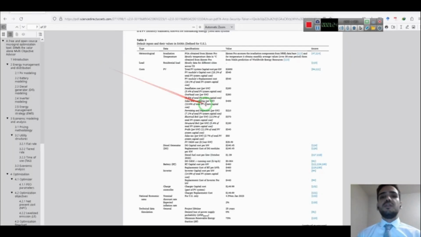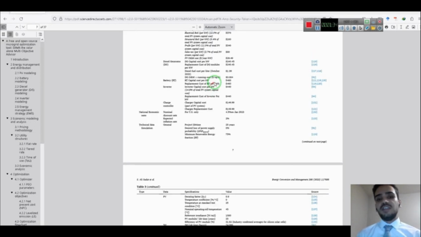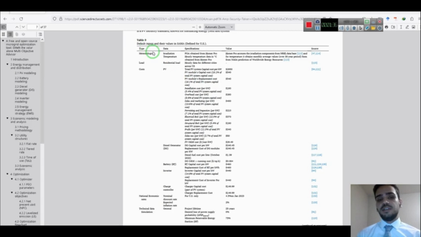For example, for most of the technical data, you can use the predefined values that we use in SAMA. We reference these values inside this table, which is Table 3 inside the paper. If you are not going to change those typical values, you can use the values defined in this paper.